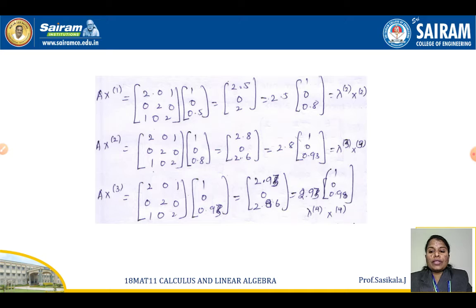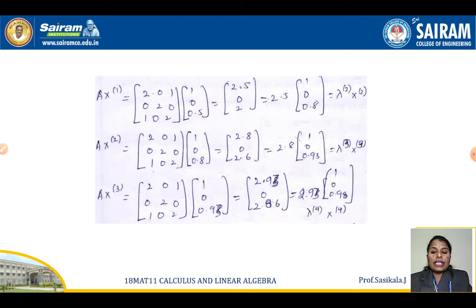So you have to go with the next iteration, A into x of 2. A matrix as it is, x of 2 is nothing but what you got from the previous iteration: 1, 0, 0.8. So what do I get? 2.8, 0, 2.6, which is equal to 2.8 as the highest one. So I am going to take out 2.8 of 1, 0, 0.93, which is equal to lambda of 3 into x of 3. Now you can compare again. It is still not matching, with 2.5, 2.8 and inside also 1, 0, 0.93. So in that case, what I can do is